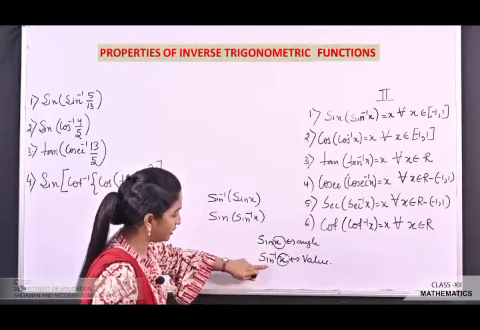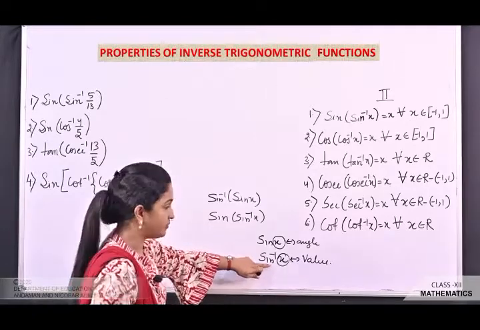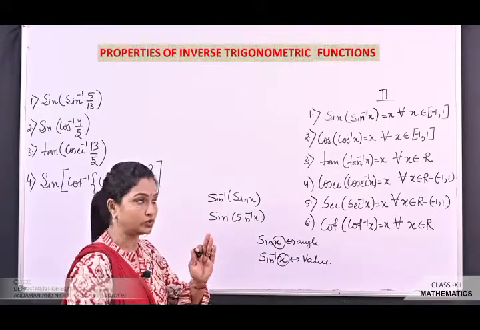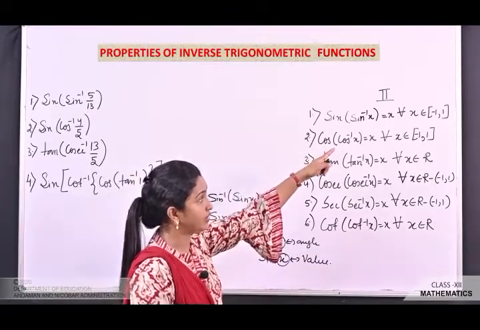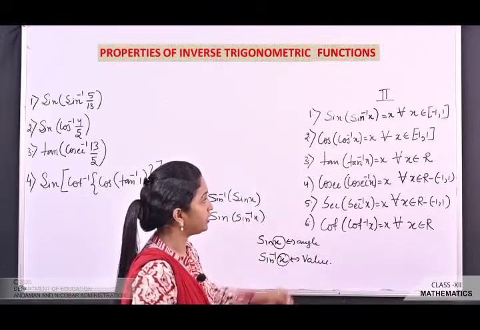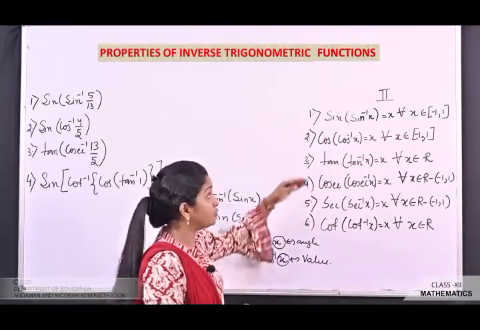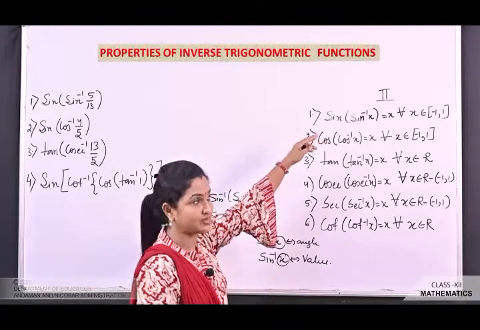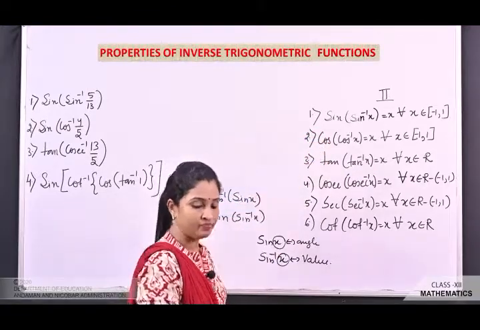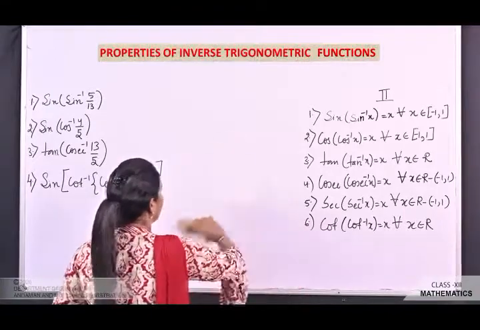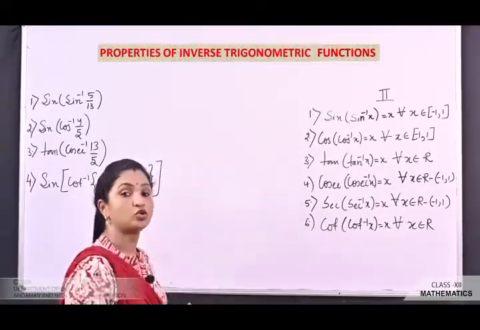Angle. And when we talk about sine inverse x, here x means the value. Okay, x means value. That is why see the domain, they have given conditions x is equal to -1 1, and in all the things they have given the values there, because we have to see sine inverse x here, sine of sine inverse x, correct? So how to apply these properties when you solve the question?